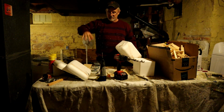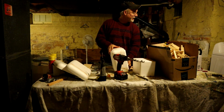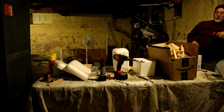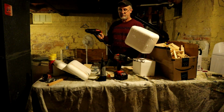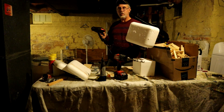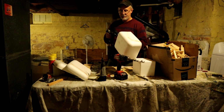Okay, and then all these little pieces of insulation you can kind of see. So I literally take my heat gun, put my hand back to the back here. I put a low setting actually, and then I just